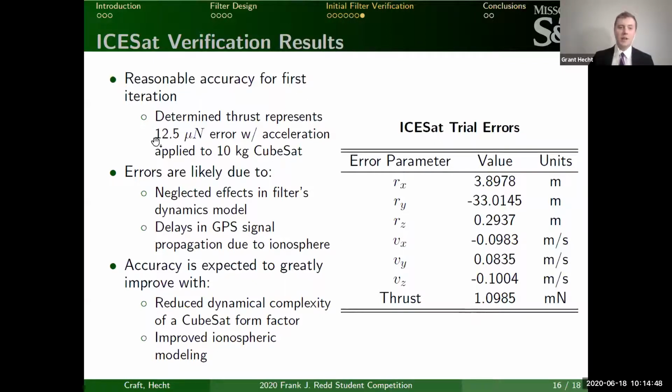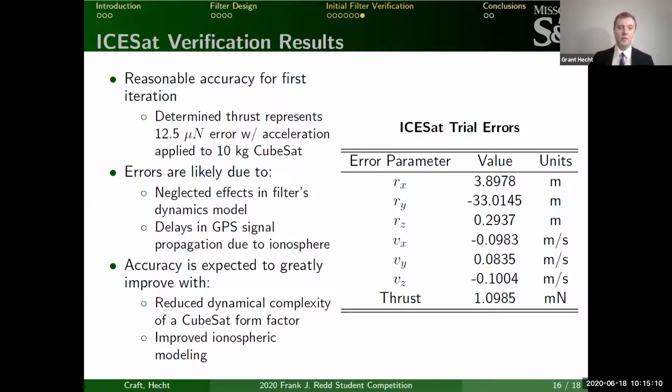The ISAT satellite at the EPICS process had a mass of 882 kilograms. Thus, this determined thrust represents a 12.5 micronewton level error if the equivalent acceleration is applied to a 10 kilogram CubeSat, such as Apex. The estimation errors observed are likely due to GPS signal propagation delays due to the ionosphere